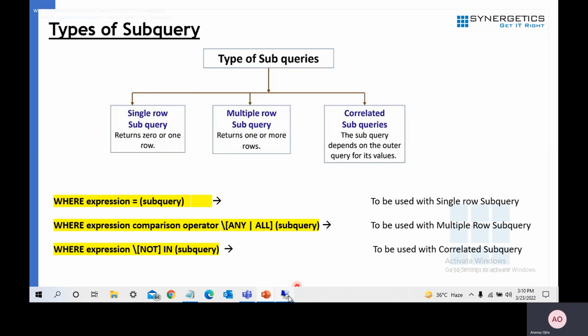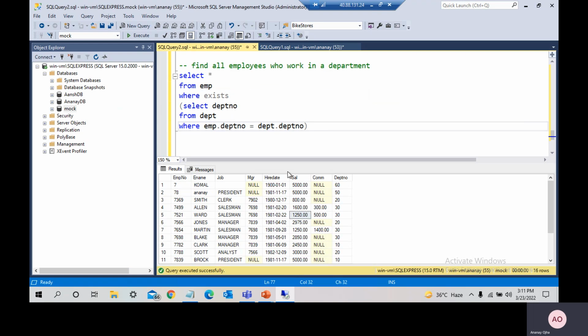But if you want to relate them, if you want to define some kind of dependency between your main query and your subquery, then you can use a correlated subquery in that case, as we saw here. Individually this subquery is returning an error, but whenever we run it as a correlated subquery, it is successfully able to give us the result,